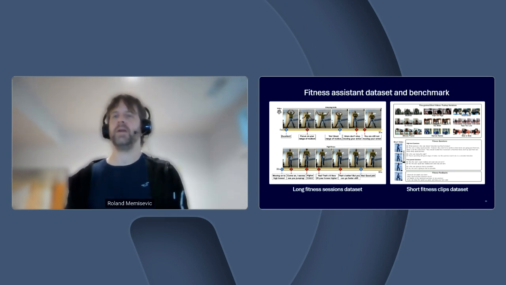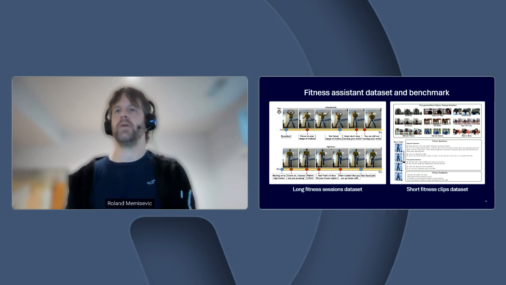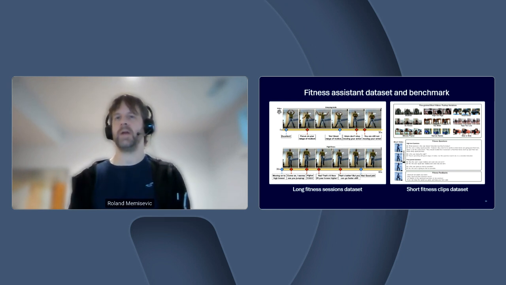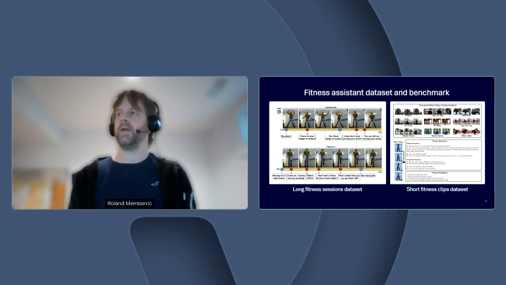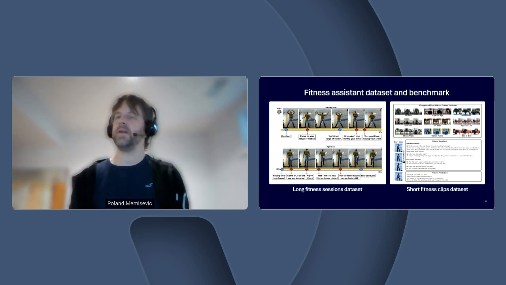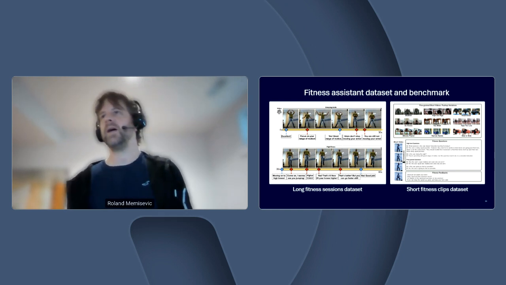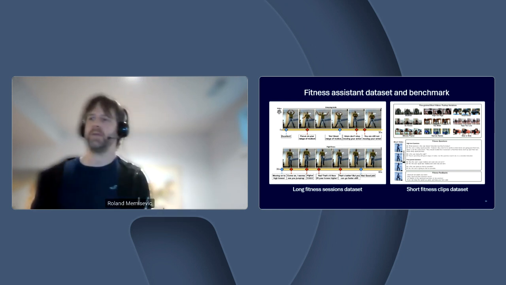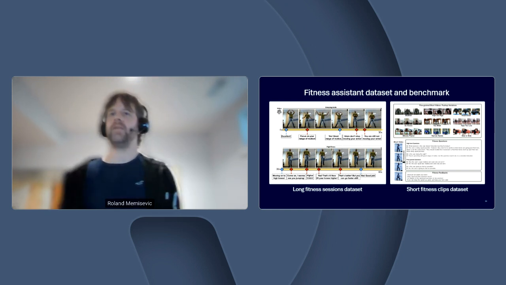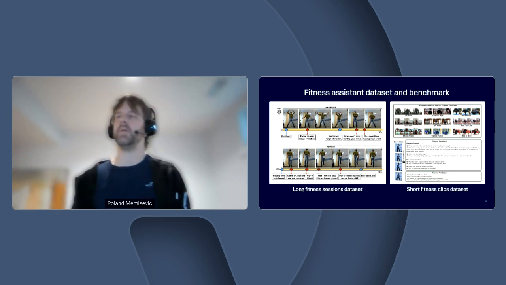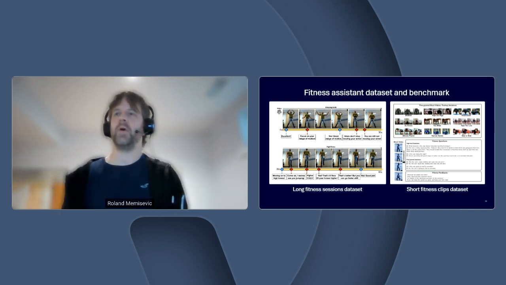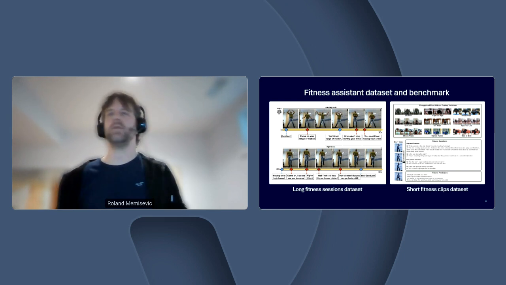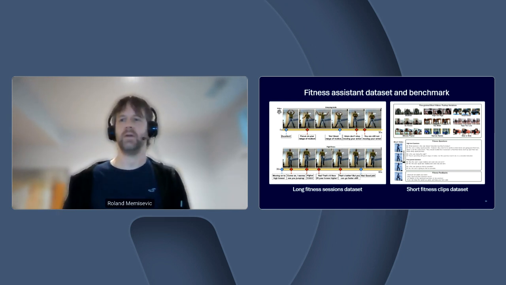And then on the right, you see a few excerpts from the short form videos, so the clips where people are doing exercises with various form and mistakes. And so the form can be really good, or it can be subtle mistakes, or they can push really hard. They can really push themselves into going deep into their squats, or they can just keep them shallow, and so on and so forth. And as you understand those concepts from the live video stream, you can sensibly respond to encouraging users and calling out their mistakes, and so on and so forth.